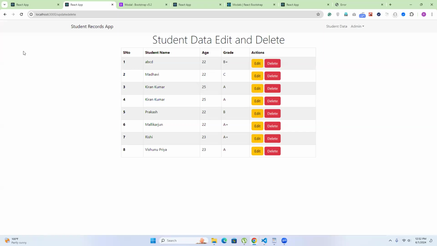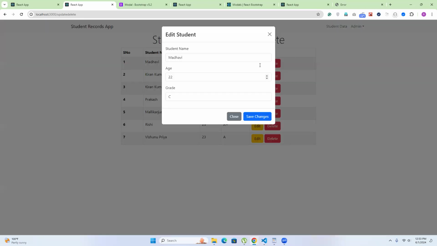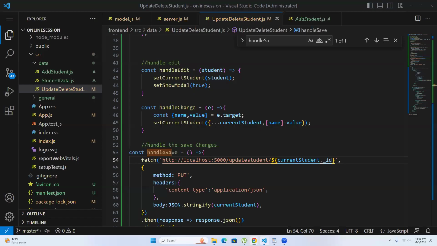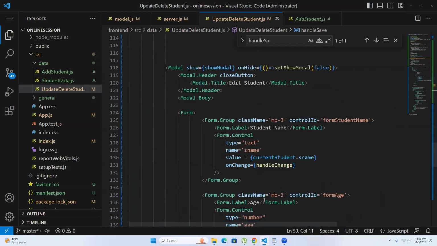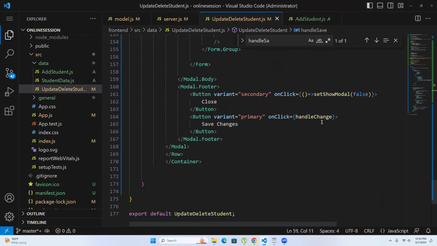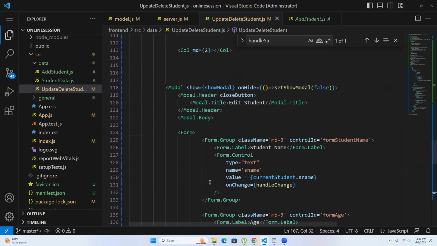Now I can try this. I deleted it. Again, I'm going to get it, it is not coming. That means that feature is working. Now, edit, instead of Madhavi, S I'm going to make. Save changes. It's not working. Why? Come back. What is your method? Handle change. Is it correct? Handle change or something else? Just check your